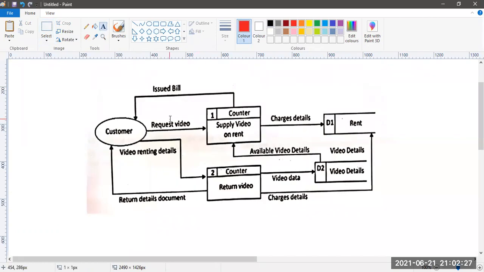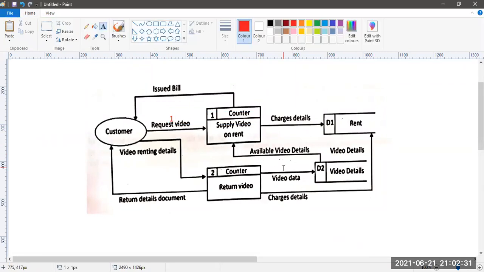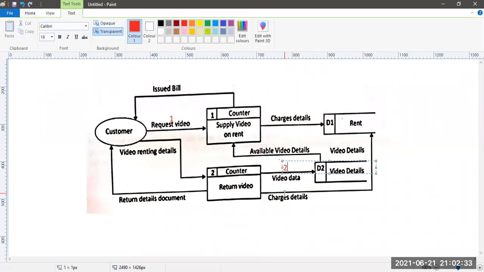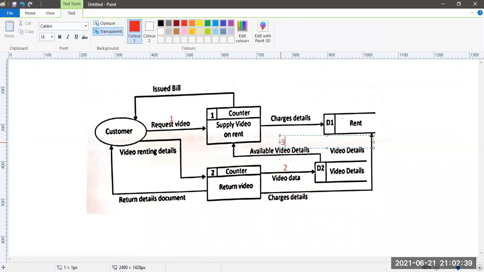So this is happening first, this is happening second. The video details he will gather. Third, he will ask for the video details, he will get the video details.